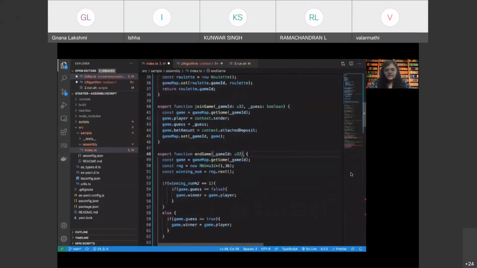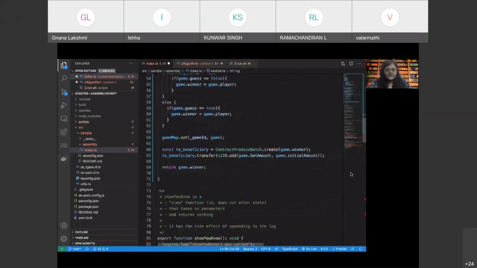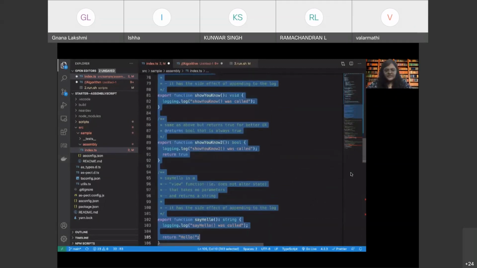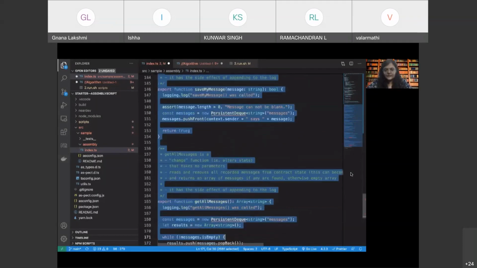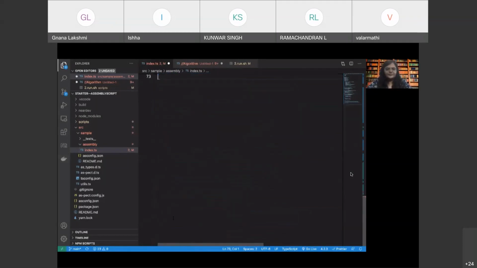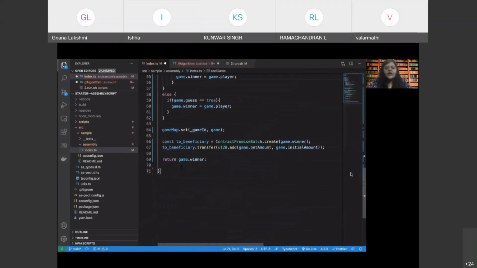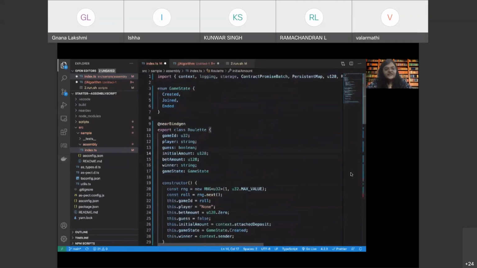Here we need to ensure that we're able to return something, so we are going to be returning the string. All right. So the rest of the contract we can happily delete because we are not going to be using it. All right, voila. So our contract is done here.